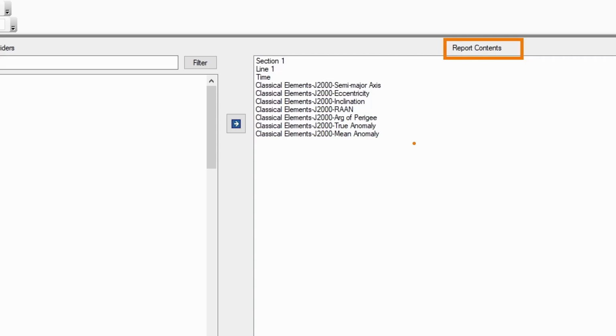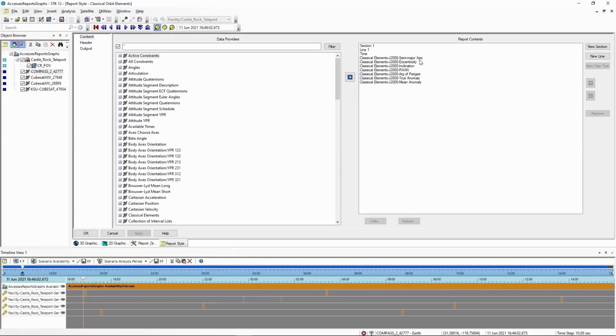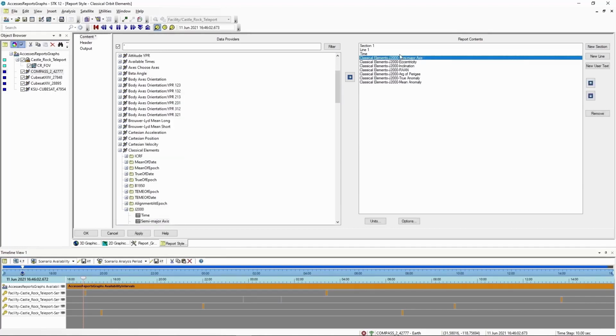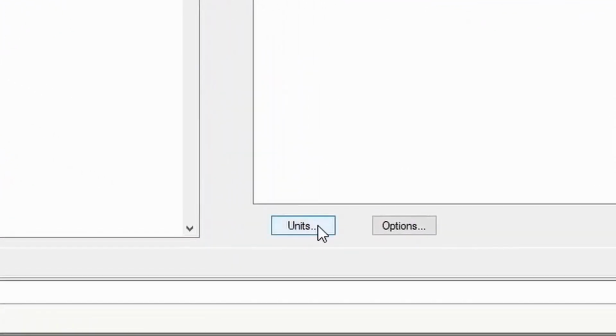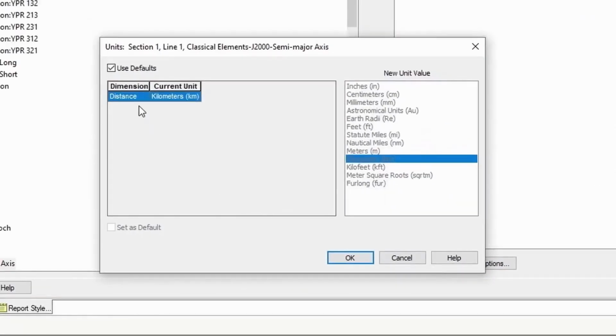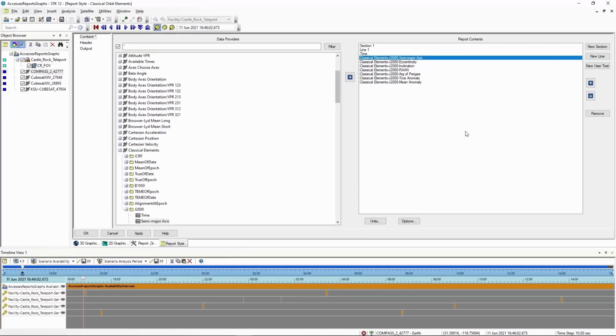I want to change the units for my semi-major axis. So I'm going to select my semi-major axis in the report contents. I'm going to come down to the button that says units and click units. You can see my current distance is in kilometers. I'm going to turn off use defaults and I'm going to change this to meters. There's no reason to do this, I'm just showing you how it works. I'm going to click OK, and now if I run the report,